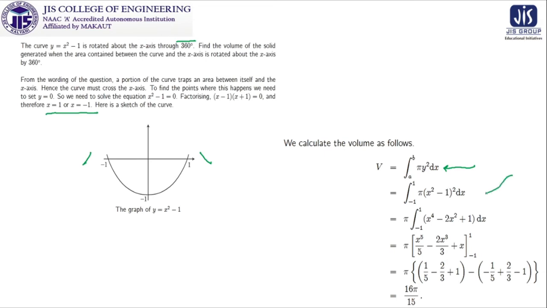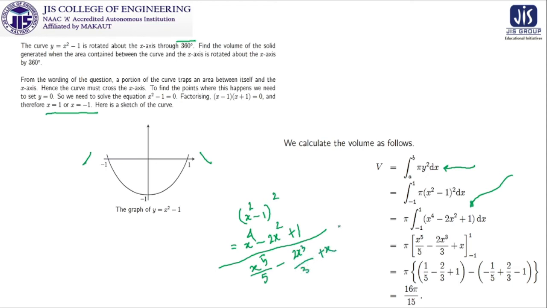After that, it is merely a problem of your childhood days, when you are going to calculate the result of one definite integration. And the result of the definite integration here, if we solve it, we will get x square minus 1 whole square. So if you just make it x to the power 4 minus 2x square plus 1, and after that if you integrate it with respect to x, the result will be x to the power 5 by 5 minus 2x cube by 3 plus x.